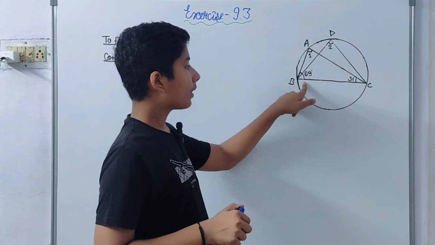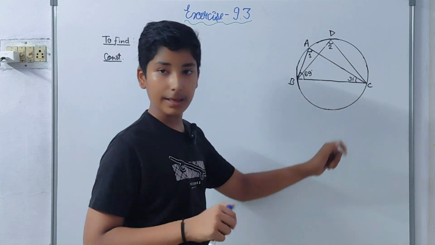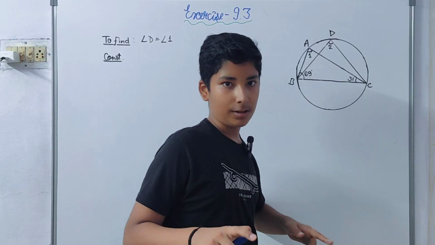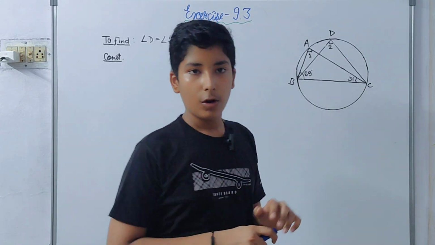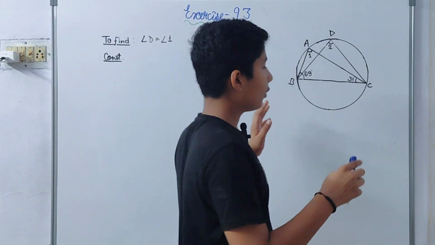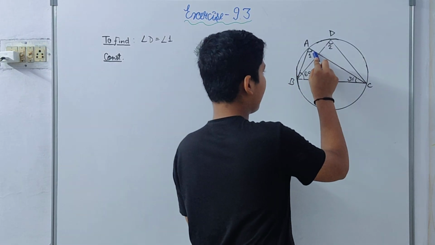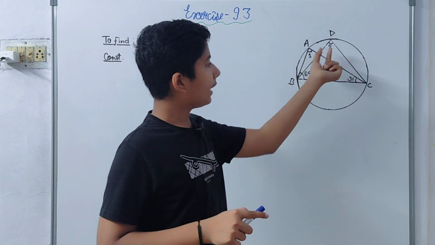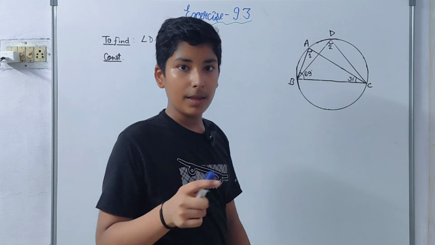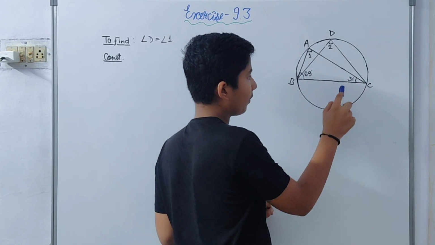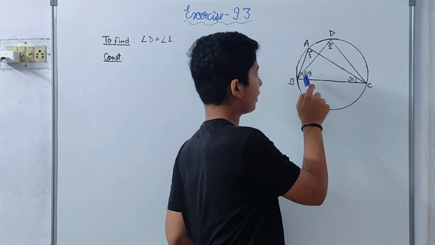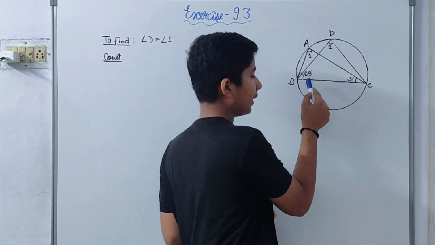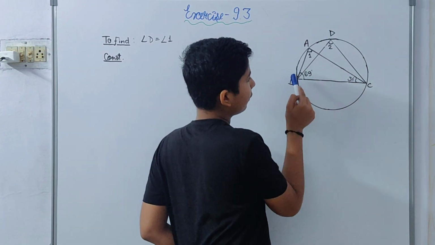So over here, it is given to us that angle ABC is 69 degree and angle ACB is 31 degree. These two angles we have already got. So by using these two angles, we have to find out firstly this angle, and there is a property of these two angles being equal, angles in same segment. By the angles in same segment property, as they are on the same arc BC, this one, minor arc BC, not major arc, these two angles will be equal.